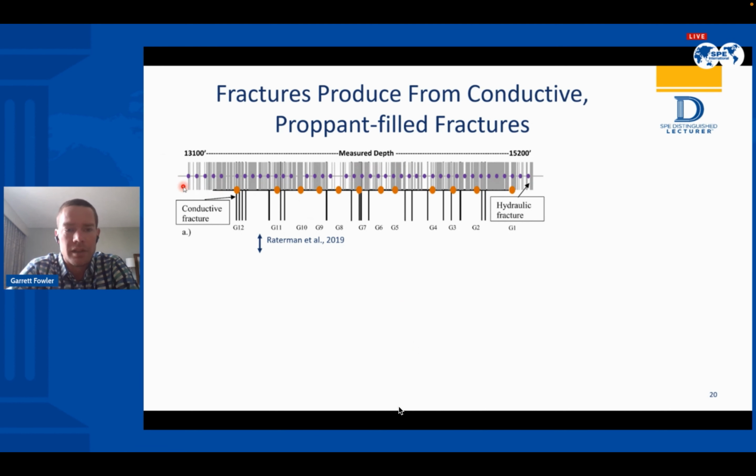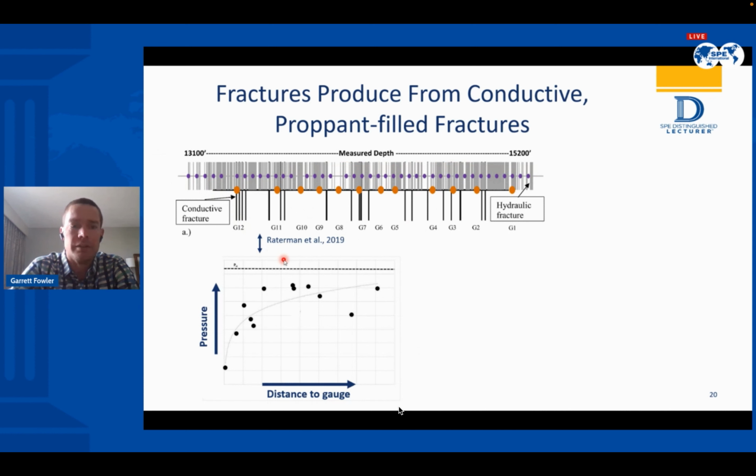And this image is showing in gray all of the fractures that they mapped across that lateral, and then in black is what they deemed as conductive hydraulic fractures, those that had evidence of hydraulic fracture fluid or proppant inside those fractures. And then these orange dots are pressure gauges across that lateral, and when you take a look at